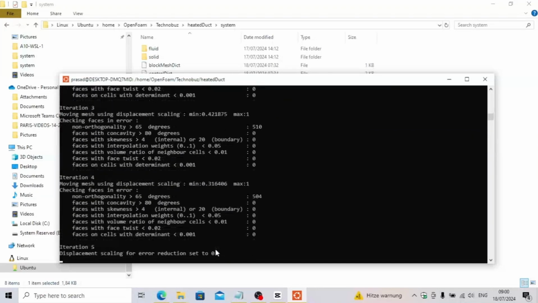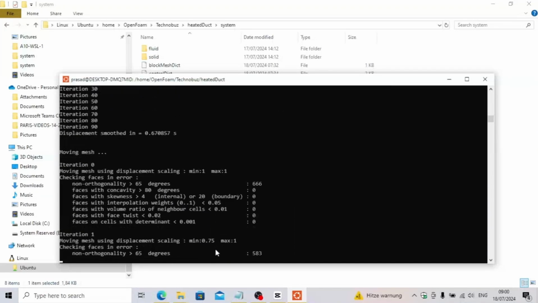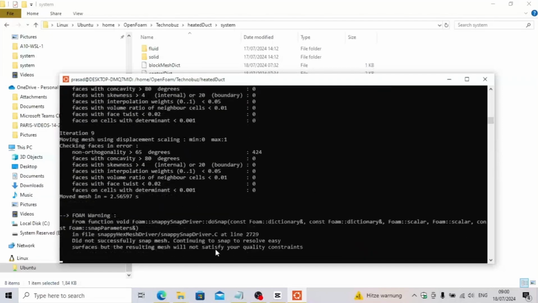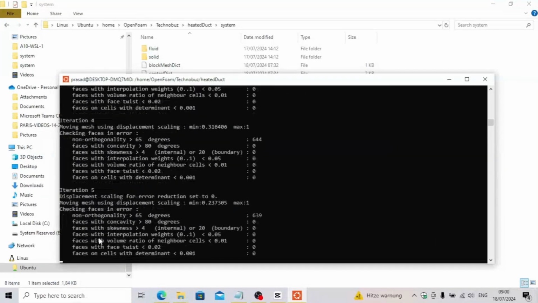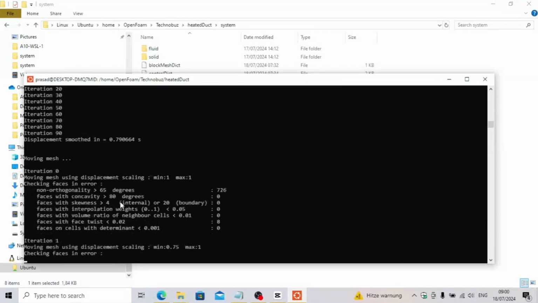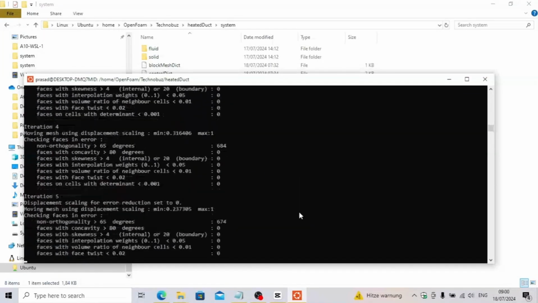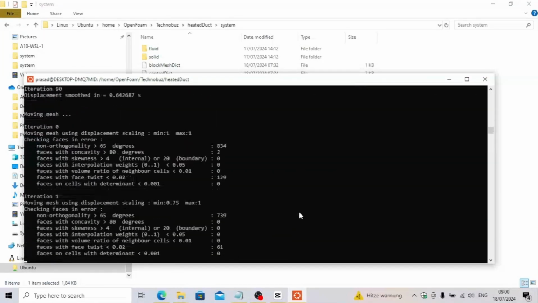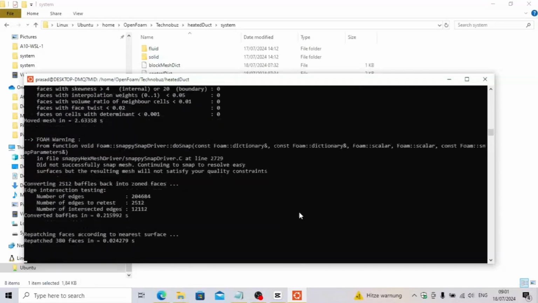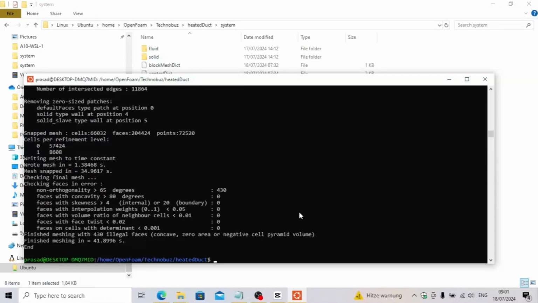Now it is running well as of now without any errors. So now this is done. We get end here. So this command has worked well. Now we go to the next command, split